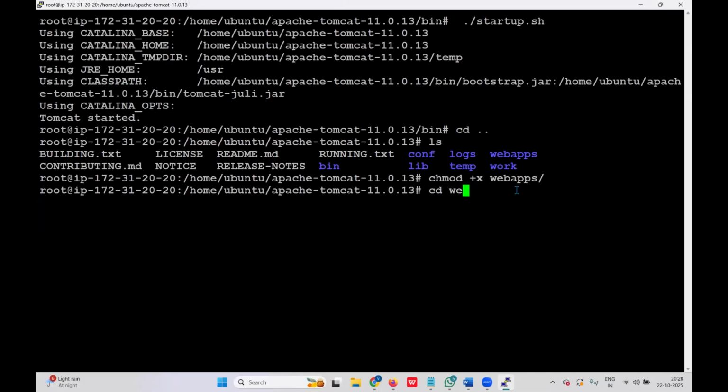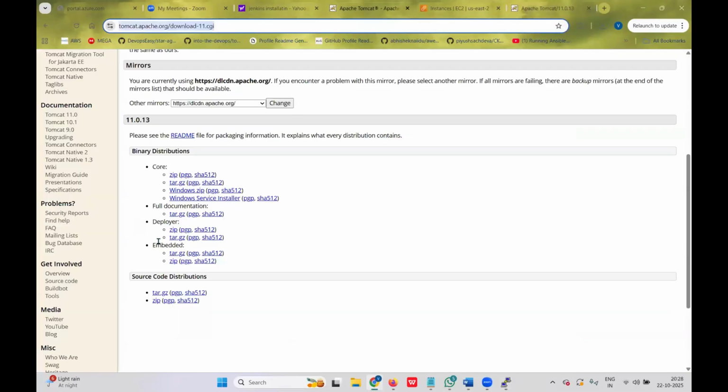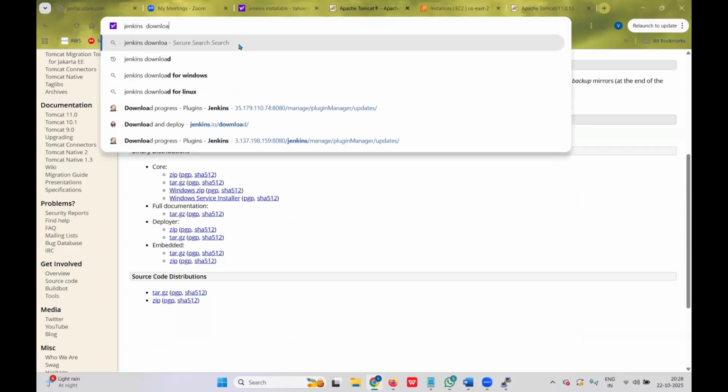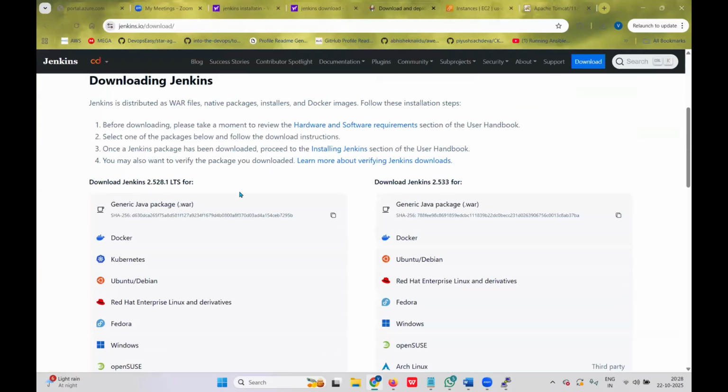Now you just go inside the webapps. Now try to deploy the Jenkins application directly into the Tomcat server. So how you can do that? Okay, so Jenkins download. There you will find the downloading one. You can download